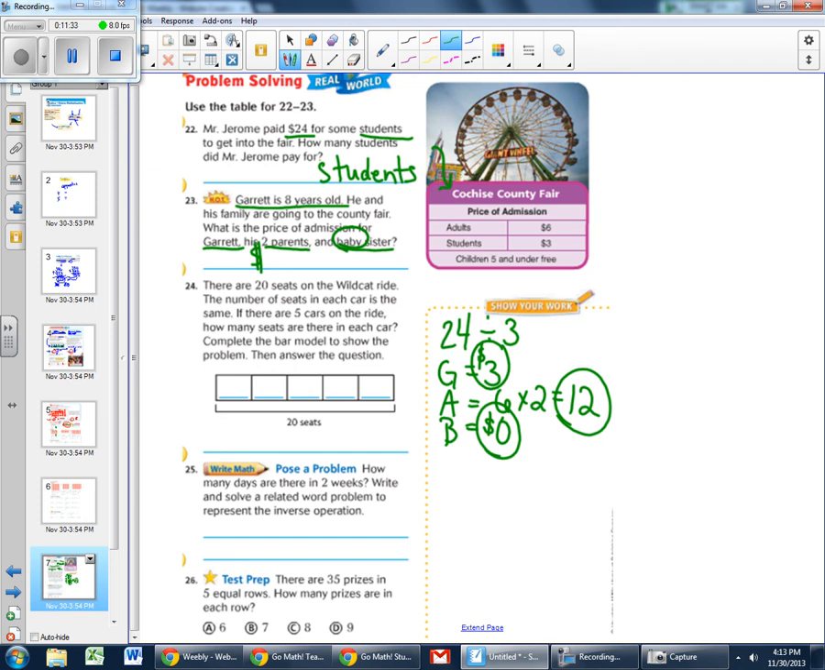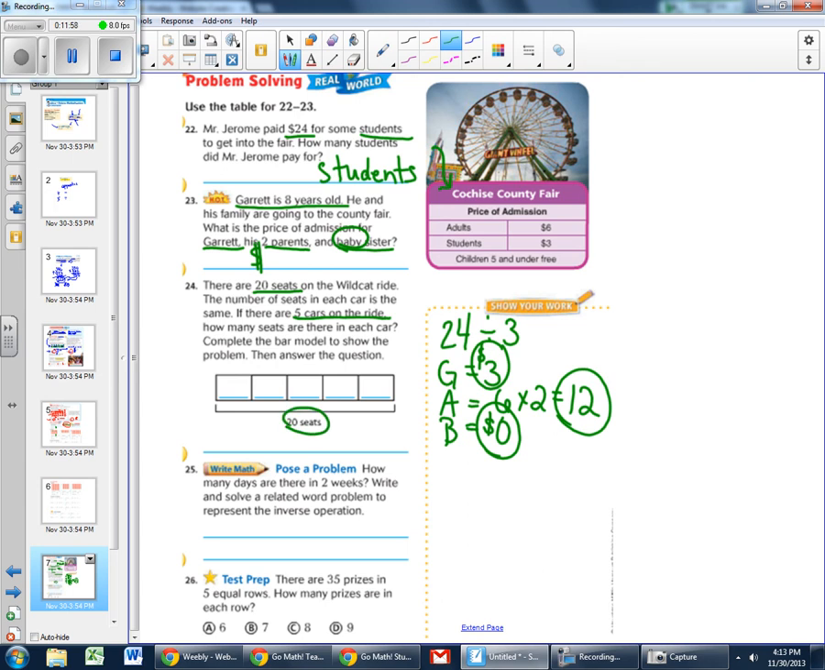Number 24. There are 20 seats on the Wildcat ride. The number of seats in each car is the same. If there are 5 cars on the ride, how many seats are there in each car? Complete the bar model to show the problem, then answer the question. So we have 20 seats, 5 cars on the ride, and it wants to know how many seats are in each car. So we're starting with 20,